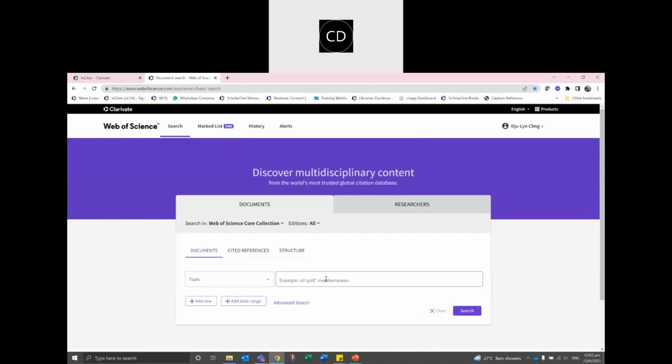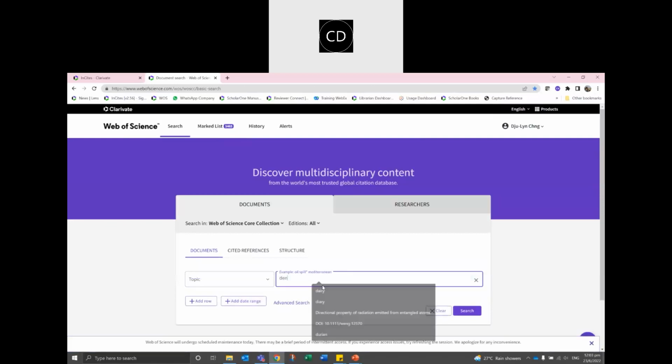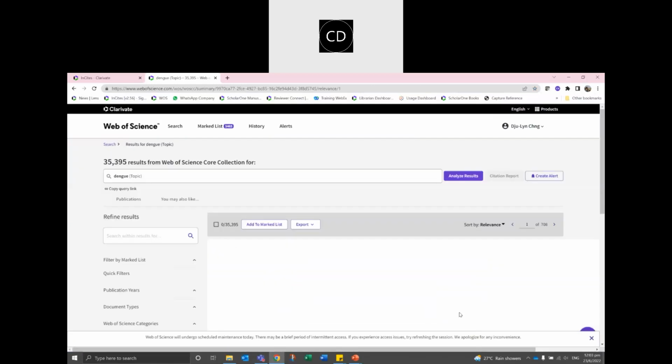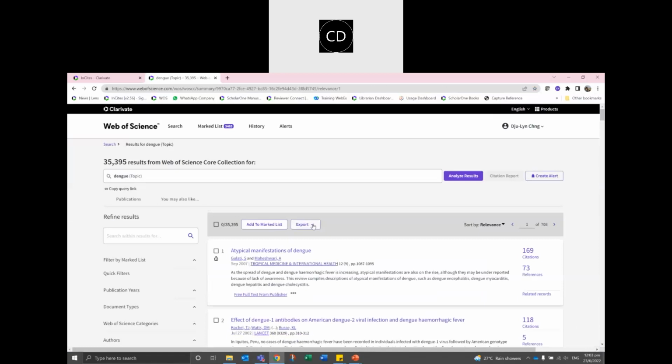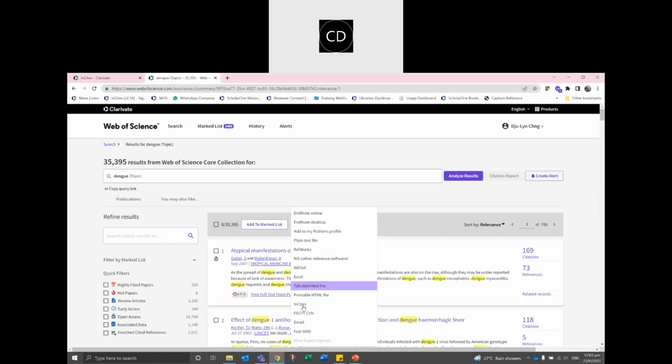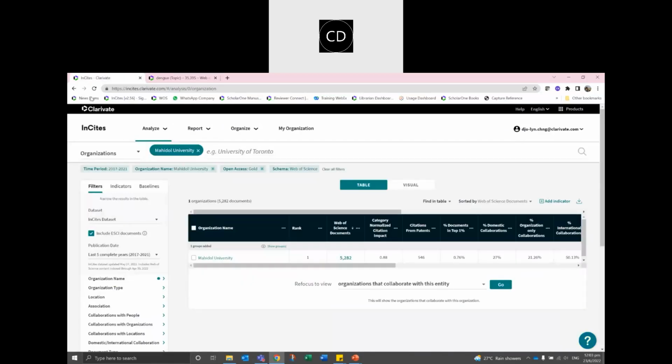Okay, so on Web of Science, if you were doing a search on Bentley and search, okay, then this custom data that you have can be exported into InCites. Okay, so once you have clicked on InCites export, then it will be ported over into the InCites database, and